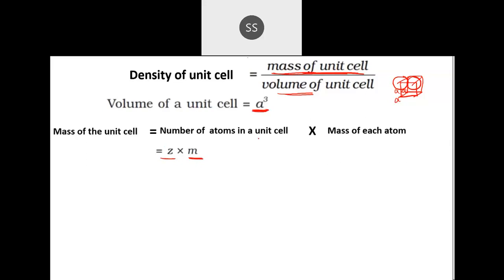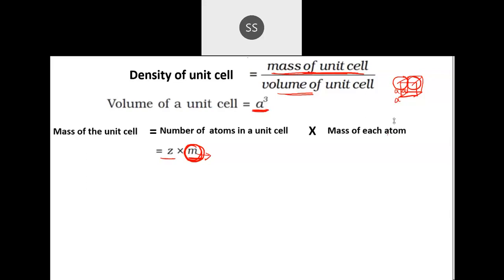Now coming to this mass of each atom, usually we don't calculate in terms of mass of each atom. Usually the mass is given to you in the form of molar mass. Do you remember what is molar mass? This we have to write in terms of molar mass. Most of the time they don't give you mass of each atom because that's very small, and we calculate in terms of molar mass. So what do you mean by molar mass? Let me see how many of you can answer that. Whatever you remember, you tell me.